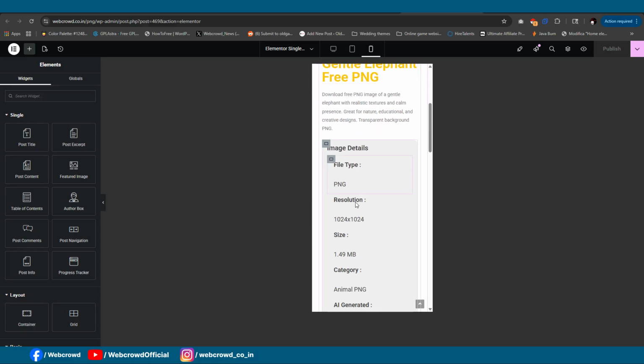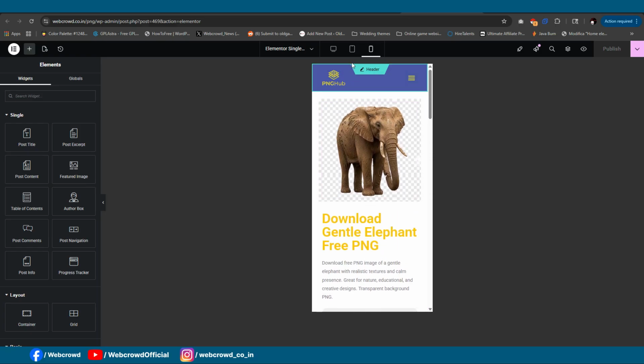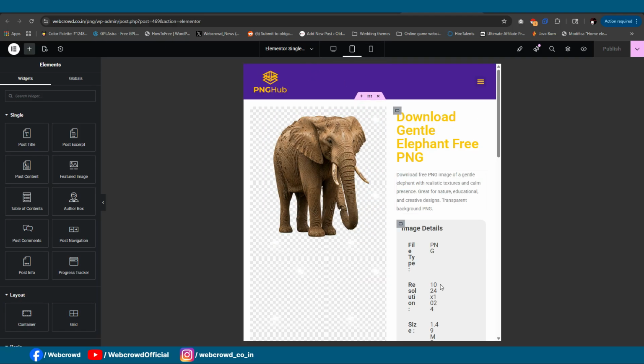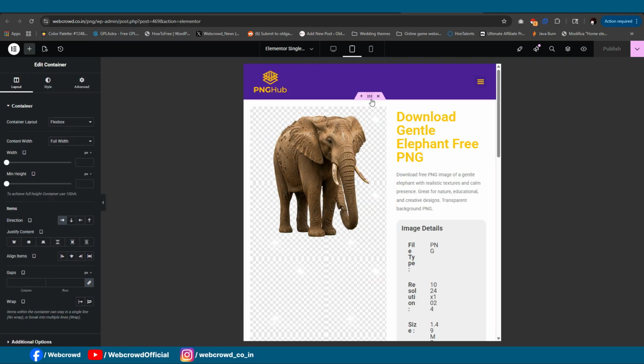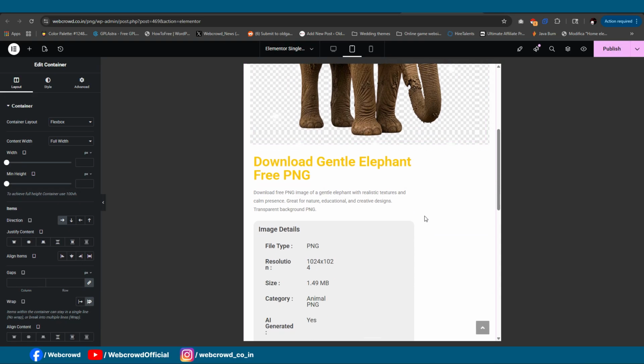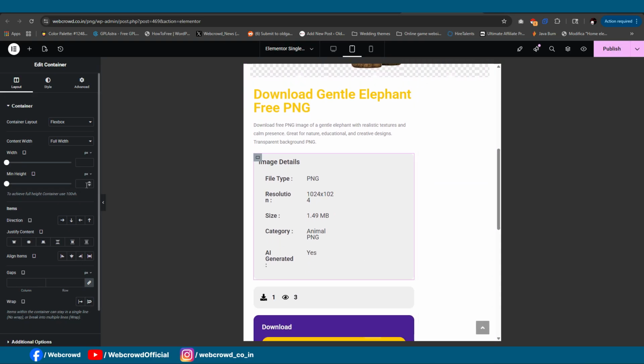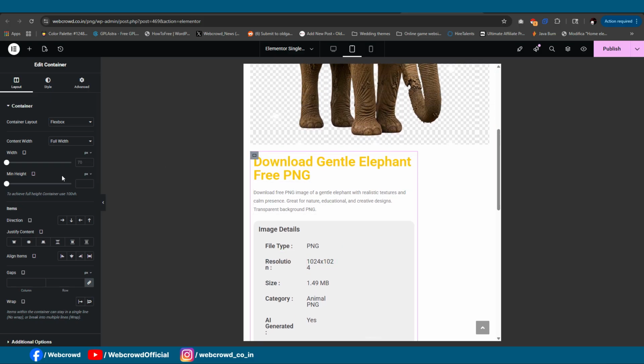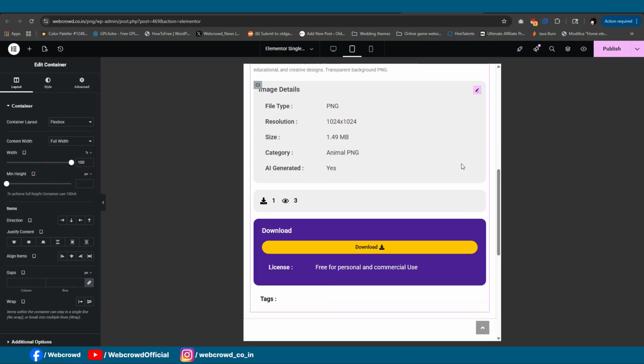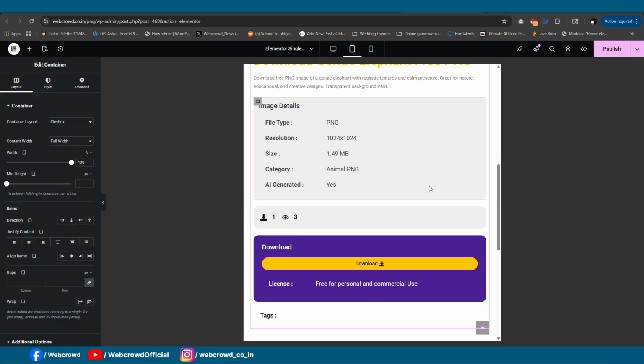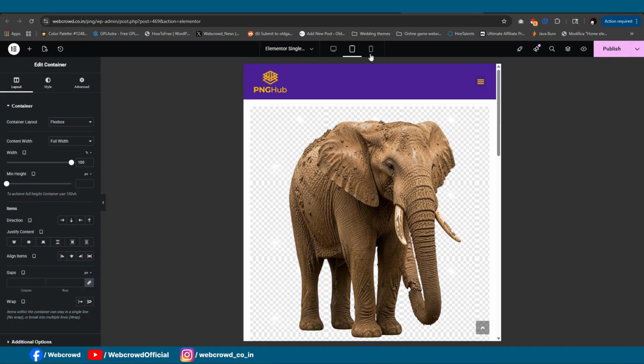Okay, so here now for the desktop, for this tablet, we will simply click here, and here we will wrap this. Okay, and this we will make it this, not this. Okay, this we will make it 100%. Okay, now this is for the tablet. The next, let's make this